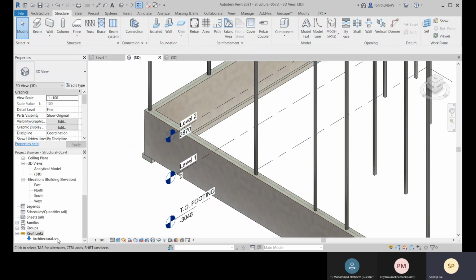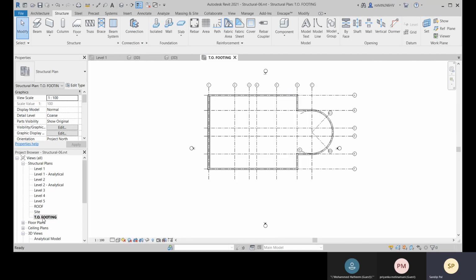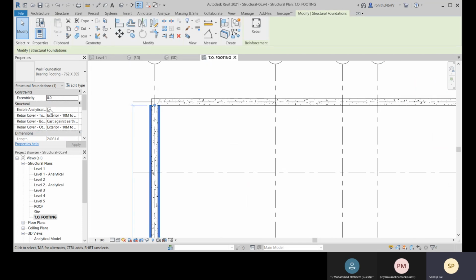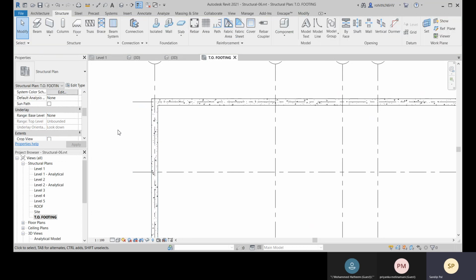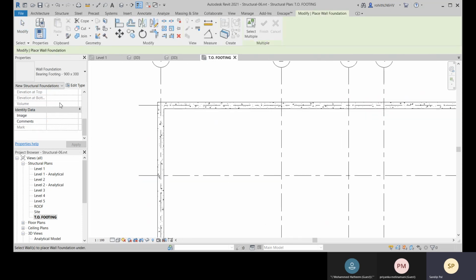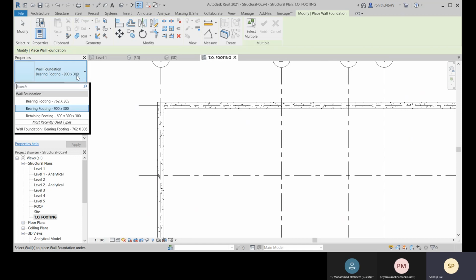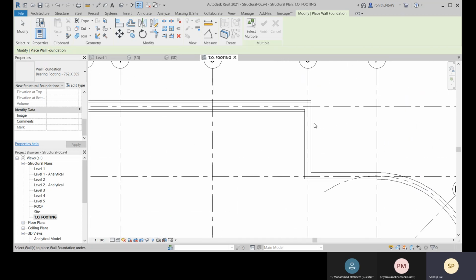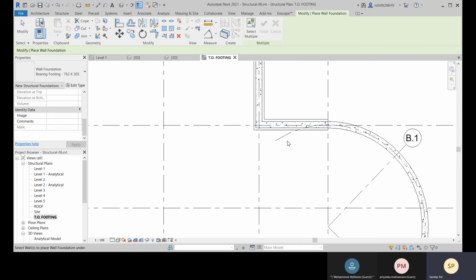Now let me show you how you can place it. Let me come to top of footing. This will be the level where it is placed. Okay, so I'm going to delete it, and go for this option. Shortcut is FT, and this will be the type. And now you select it here, so simply it can be placed.